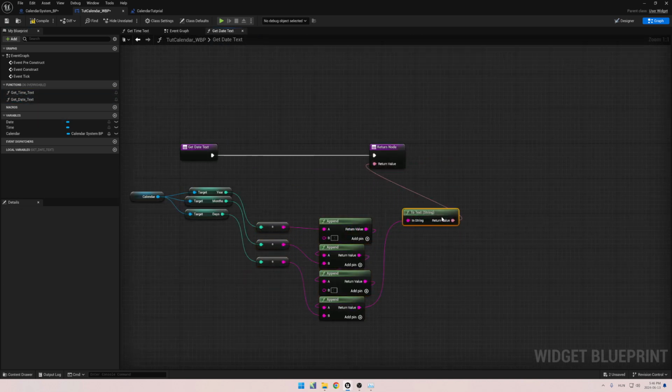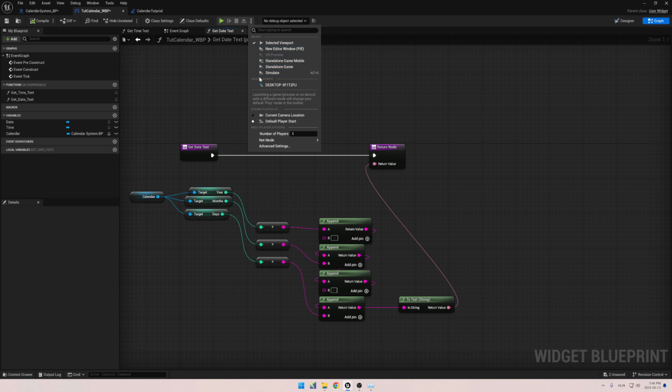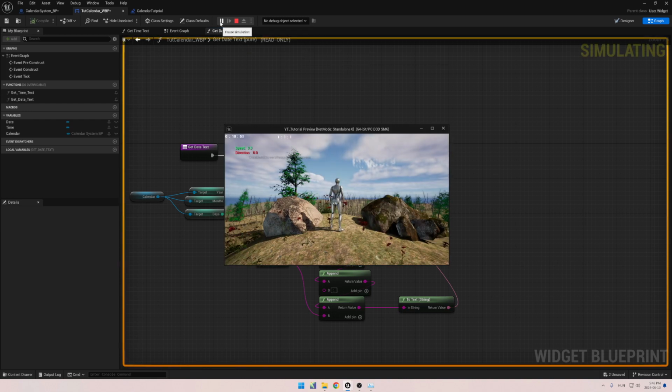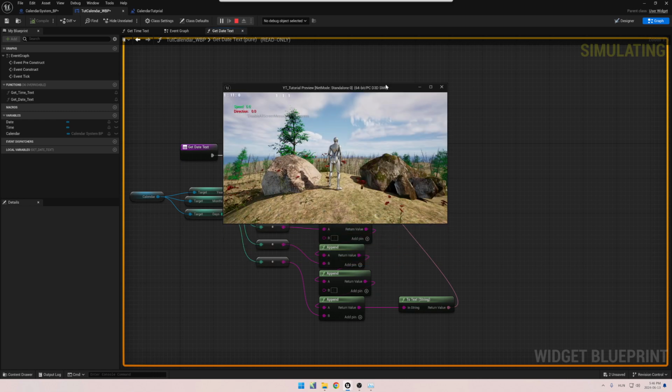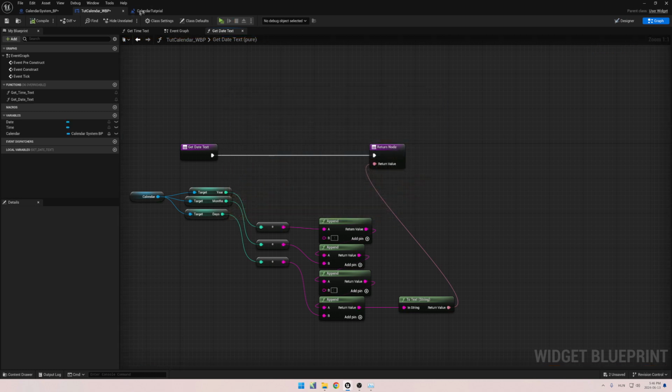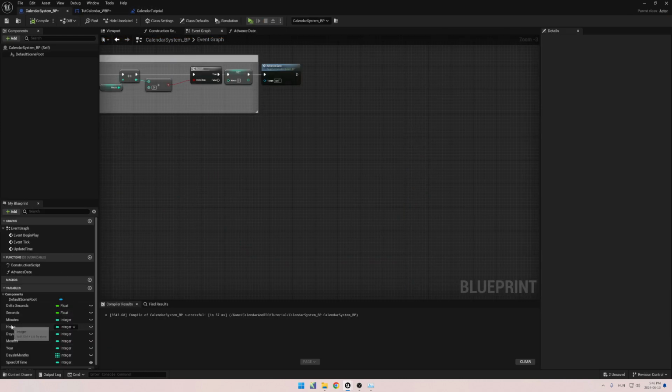And now we actually have our date in the same way as we have our time. If we check it real quick, you can see that now we have time and we have our date. Of course, if you go back to your calendar system and let's say,